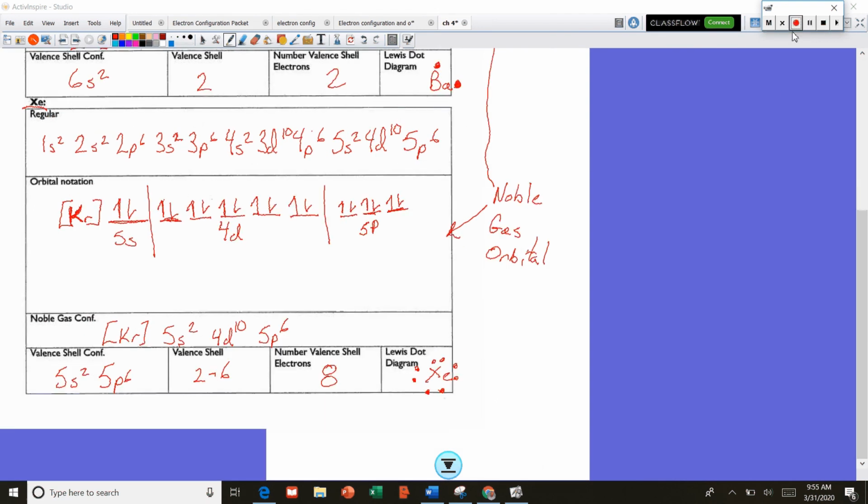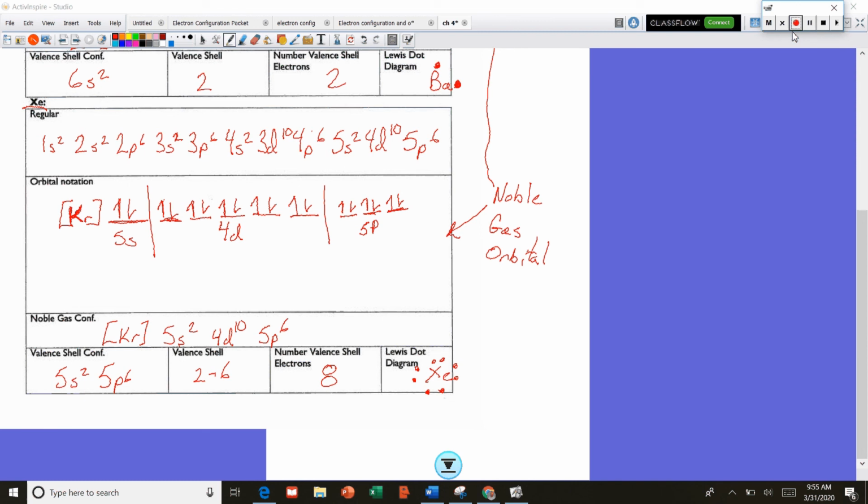All right, for xenon, notice that xenon is a noble gas, so it's going to have a full valence shell, so the regular configuration would look as it does on the screen. For the orbital notation, again, you don't have to draw the full orbital notation, just start with the noble gas on the previous energy level. So in this case, it'd be krypton. And then we would just show whatever's left after that. So 5s2, 4d10,